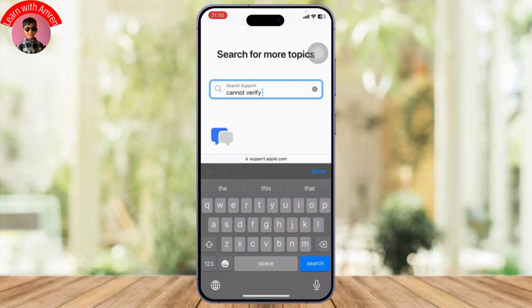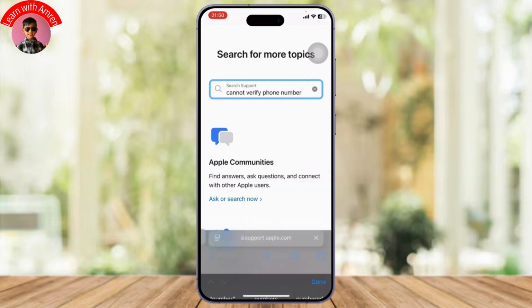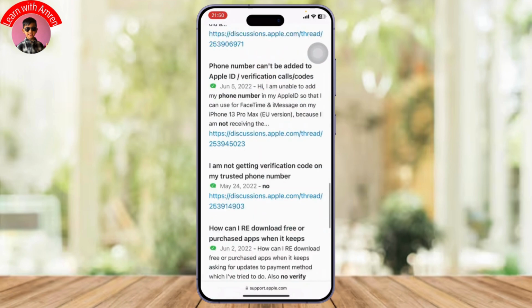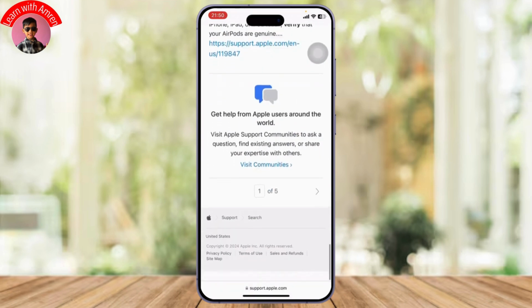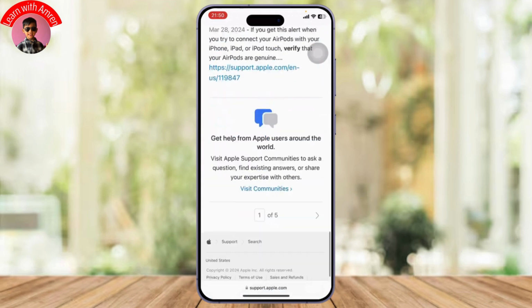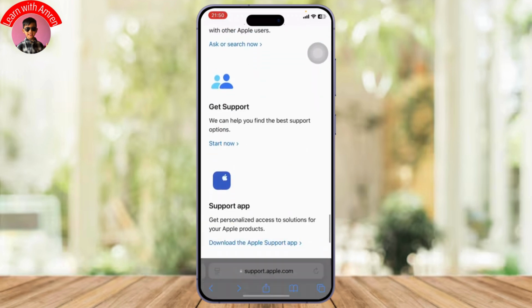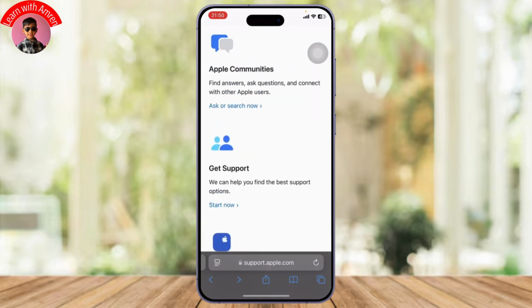Search for just cannot verify phone number, and after you search for it, there should be a fix right here. Now, if you don't find a fix somewhere around here, scroll down all the way, and if you still don't find a report here, you can go back and scroll down again and tap